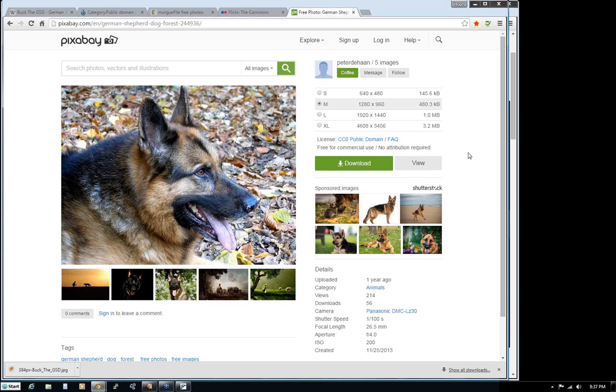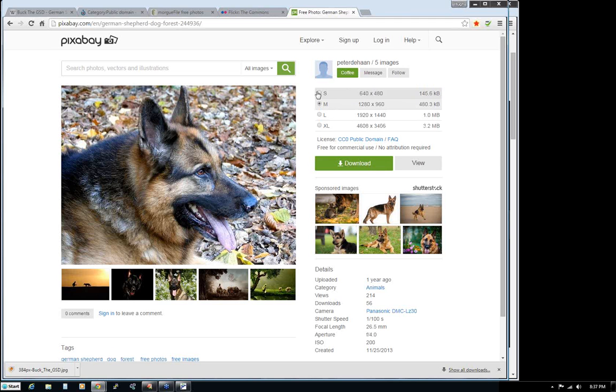Now, folks, if you want to be able to sleep at night not worrying about people going around trying to run a scam and sue people for photos that aren't theirs on their website, then this is the kind of thing that you want to take advantage of, because it's a great way to get beautiful looking images and not have to worry about that sort of thing. And as you can see up here, you can select the size